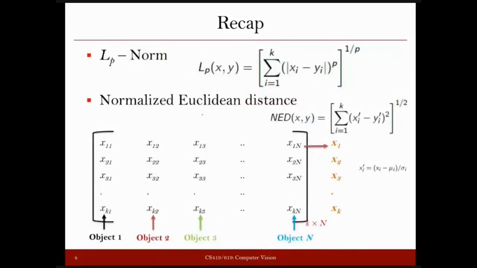We also extended the definition of Euclidean distance to normalized Euclidean distance, and we discussed that whenever we find that the features that we are using in our feature vector are not lying in the same range, one feature is lying in, let's say, a narrow range, other feature is lying in a wider range, then in that case, we do not just consider the values of the features and compute the distance between the feature vectors. First, we normalize the individual feature values, and then only we use them for the distance comparison